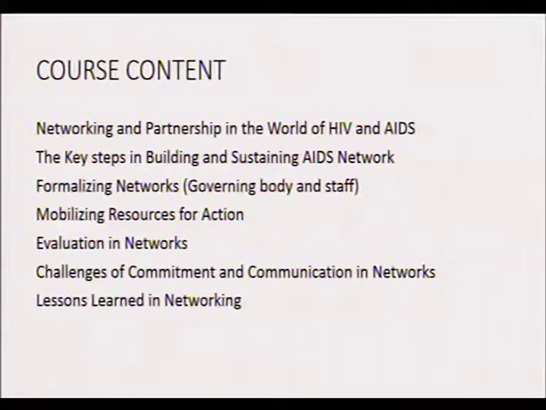and how you then develop an action plan. Also looking at evaluation of a network and how a network evaluates itself, looking at its effectiveness, because a network consists of members which are individuals and organizations. We're going to look at the challenges when it comes to commitment of members, communication within and outside the networks, and then also lessons that we can learn from other networks, and which